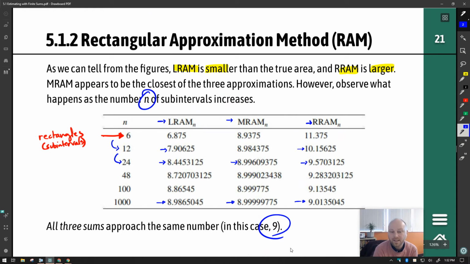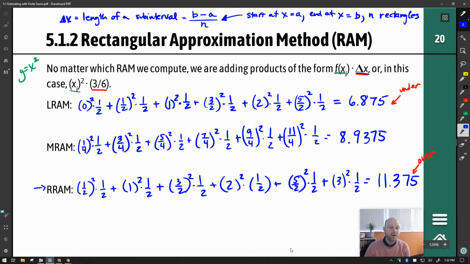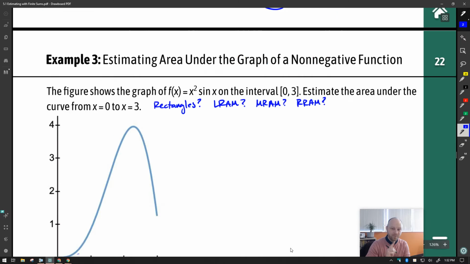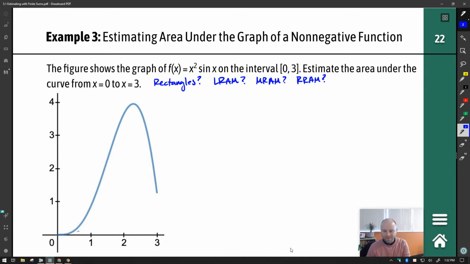But you can see here on that last slide, we had a whole table. So maybe you're wondering, how did this table get created? Because it took us long enough to find LRAM, MRAM, and RRAM with 6 subintervals, and that's just the first line. If we doubled that or doubled it again or went up to 1,000, surely no one calculated that by hand. And you're right. We have a calculator program for this,